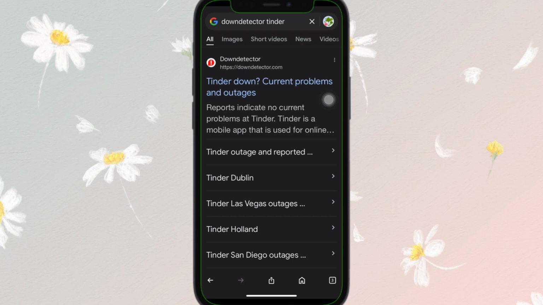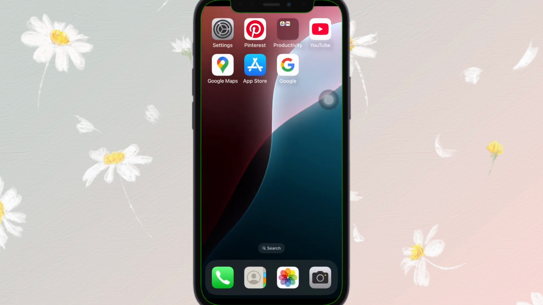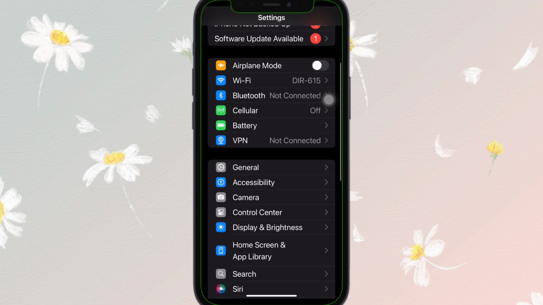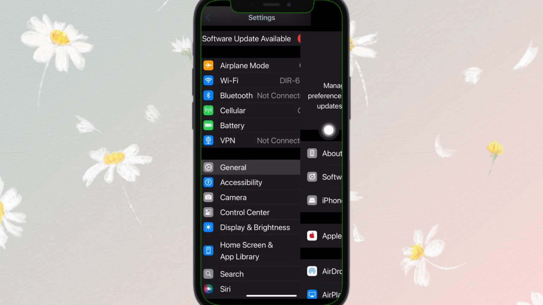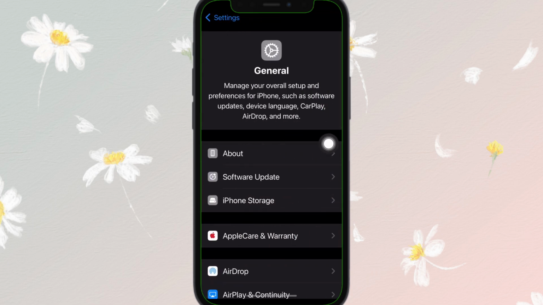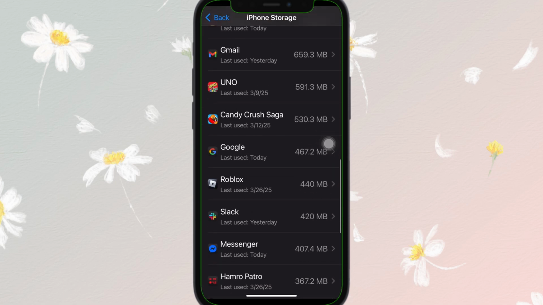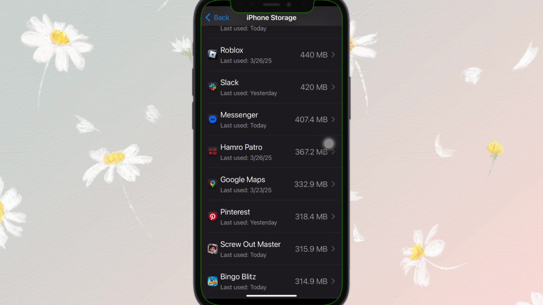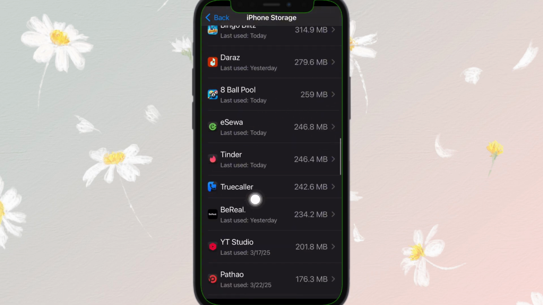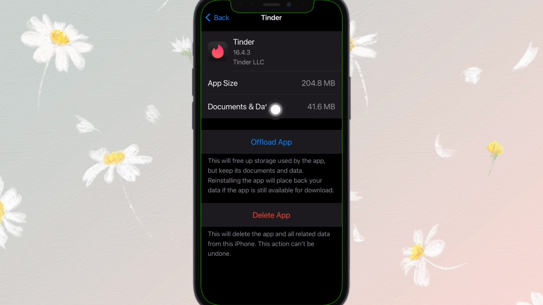Next step is to clear the cache. For that, go to settings and scroll down and tap onto general right here, then tap onto iPhone storage and scroll down and find the Tinder app. After locating it, open it and tap onto offload app. And by offloading the app, the cache of the app will be cleared and it might get more smooth